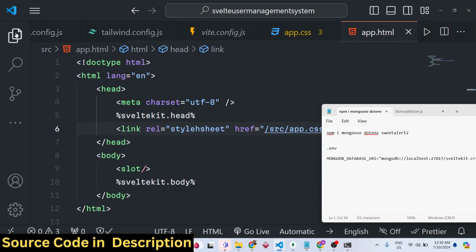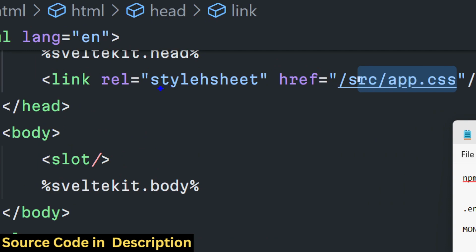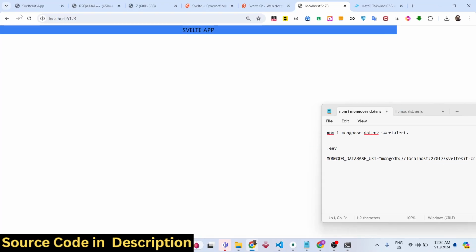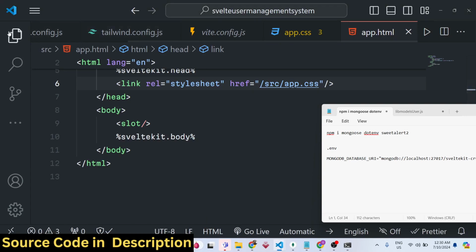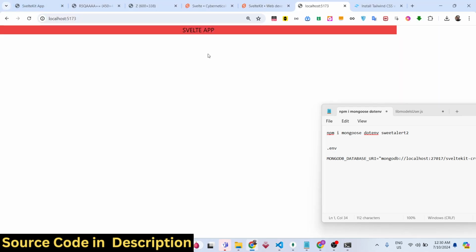If you just check your app.html file right here, while we were including our app.css file, we have made a very silly typo mistake. Stylesheet it should be. The spelling is wrong here, we need to eliminate this h from here and refresh, and you will actually see the styles will be applied. It will have the background color of blue. So if I change this background from blue to red, now it will become a red color,